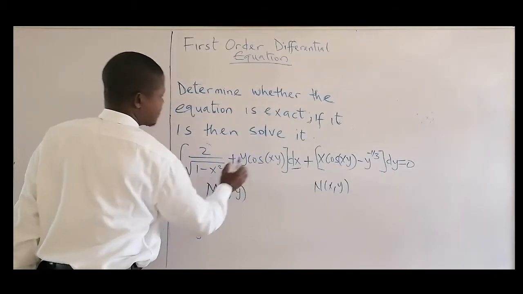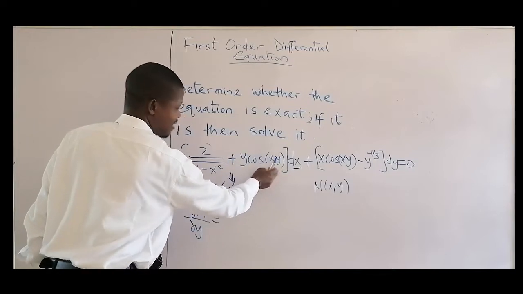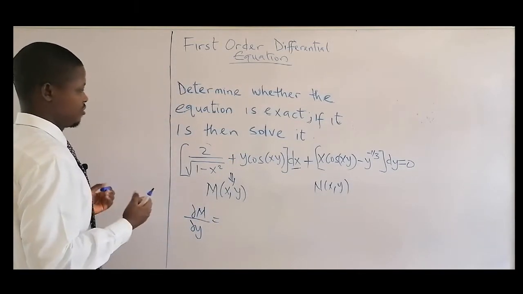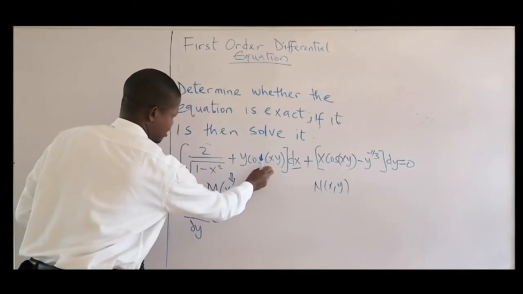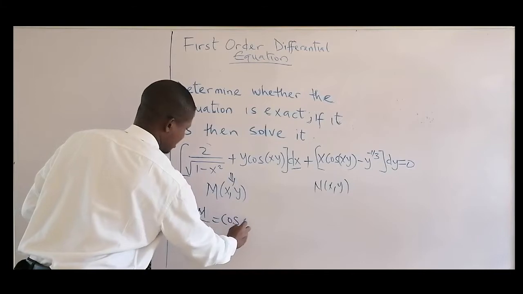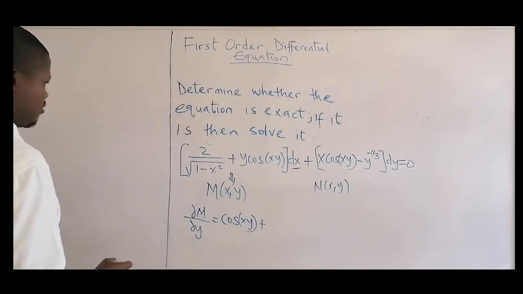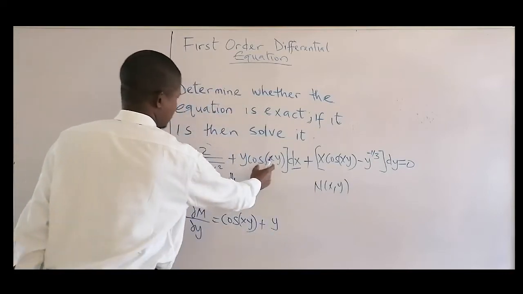So this is where we have y. Okay, and y is in two places. It's here. It's also inside here. So it's going to be the product rule. We're going to use that. Let's differentiate y here, which will give us what? And keep this one constant. That will be cos xy. Then plus, keep this y constant and differentiate this.